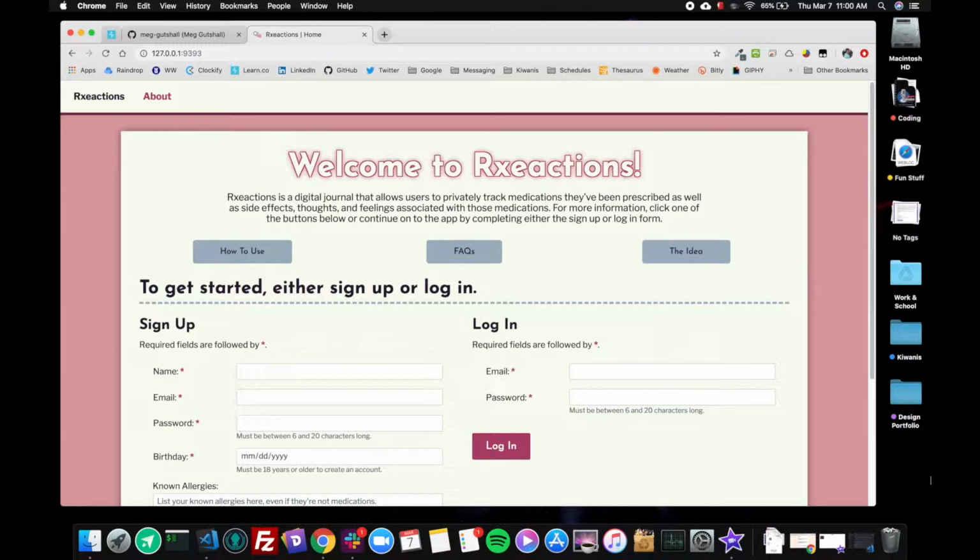My project is called Rxeactions, and it's a digital journal that lets the users track medications that they're taking and record their reactions to the medication, whether it be a side effect or comments or thoughts or feelings they have towards that particular medication. The user can only view or edit their own content, so everything is private to that